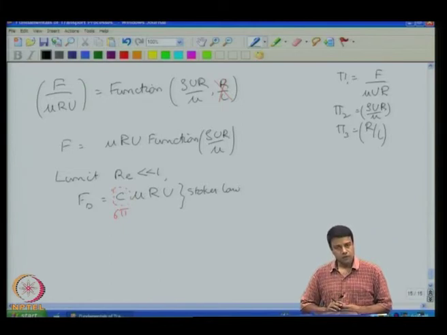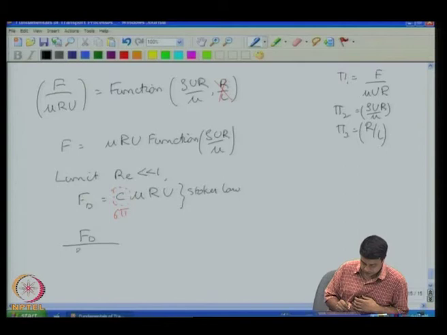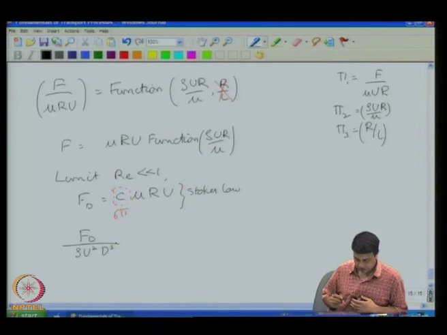What about when the Reynolds number becomes large? When the Reynolds number becomes large, one would intuitively expect that the viscosity is not important. So, I should be able to get a dimensionless group which includes just the force, density, velocity and diameter. That dimensionless number is given by, you can easily verify it, rho velocity squared times diameter cubed. Sorry, let me just change that, times